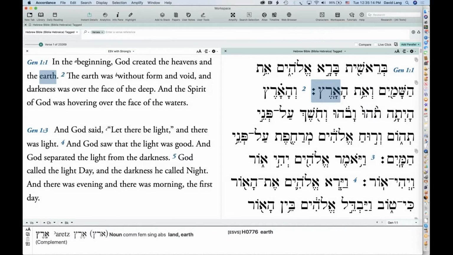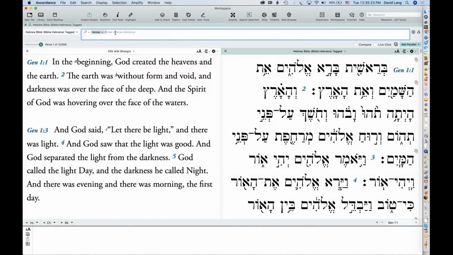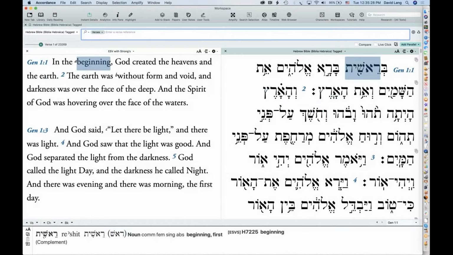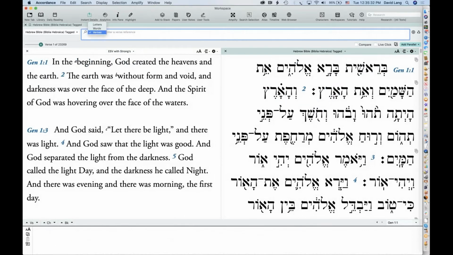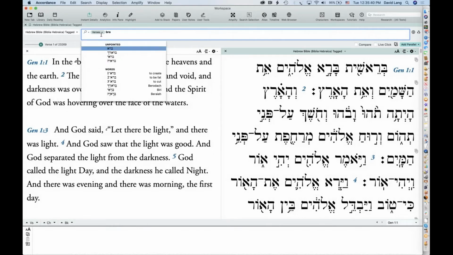It's also important to understand that when you search in Hebrew, Accordance assumes that you want to search by lexical form and find every inflection of that lexical form. So let's just take the verb bara. I'll show you that if I just start typing, even though I've got it set to verses, and it looks like I've typed the letters that represent the Hebrew word bara, it's already recognizing, well, this is not a scripture reference.